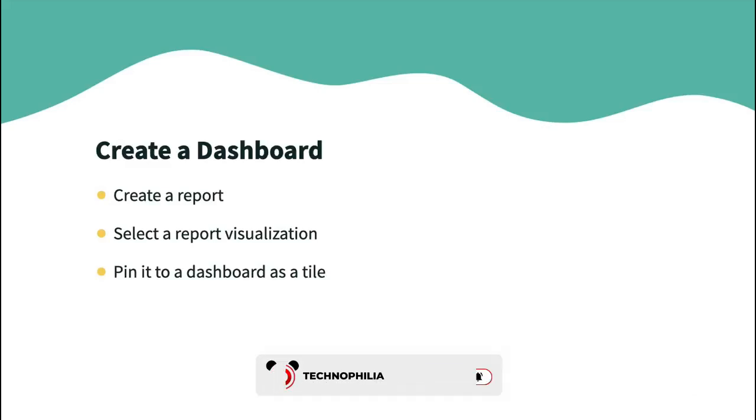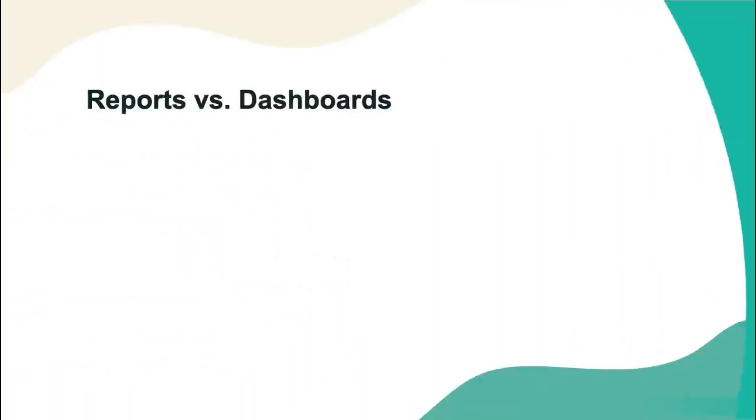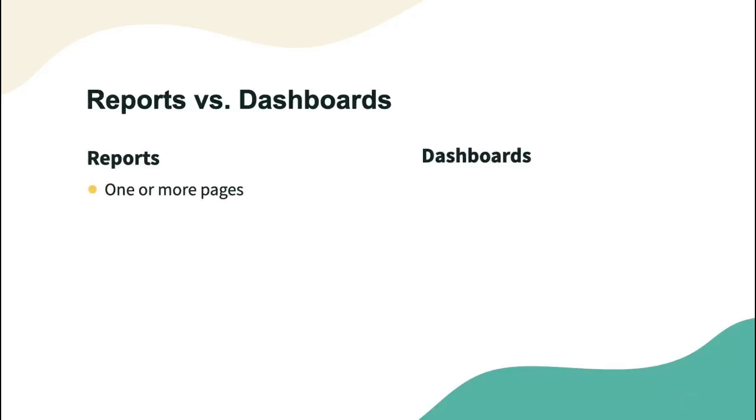They both are filled with visualizations. They're both crisp and sharp, but there are some significant differences. With a report, you can have multiple pages. But with a dashboard, you are limited to one page only. However, the report is based on one data set, but the dashboard can include tiles from multiple reports and therefore